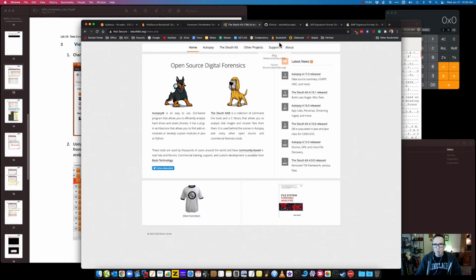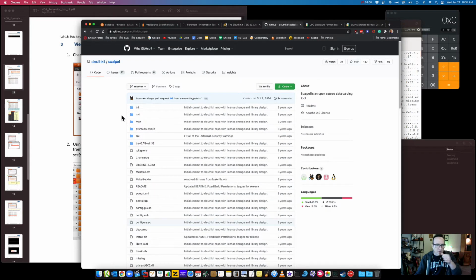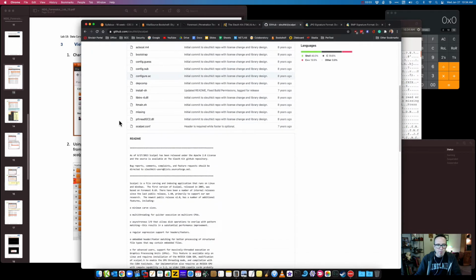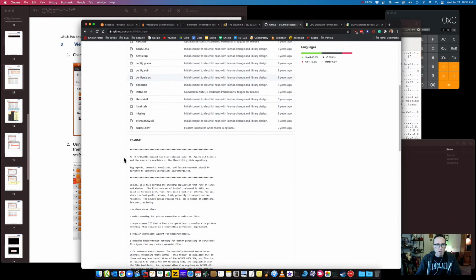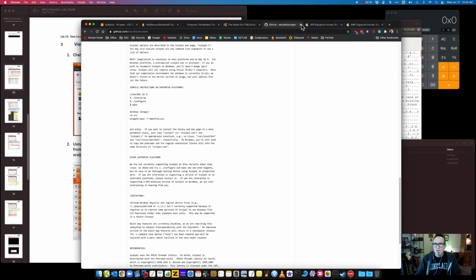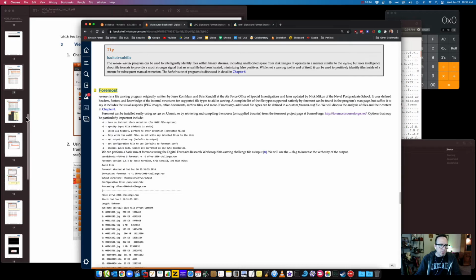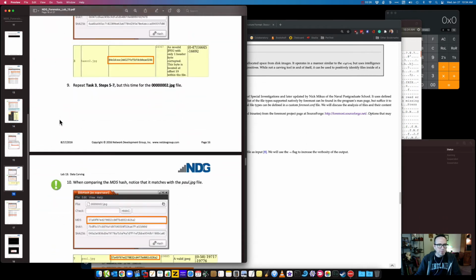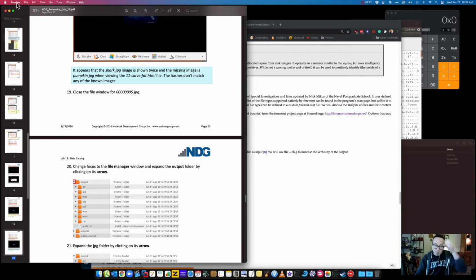SleuthKit actually comes bundled with something called Scalpel. Very similar, also great for carving files. This is the GitHub page for the SleuthKit Scalpel fork of the binary. I believe there's actually a different GitHub page for it. You're not going to get into the ins and outs of it. You'll see it in the lab itself. Again, both great tools. The lab's going to walk you through step by step of actually carving these files up, and find what you need. Definitely use these. Look at these tools, because the other part of this week's lab